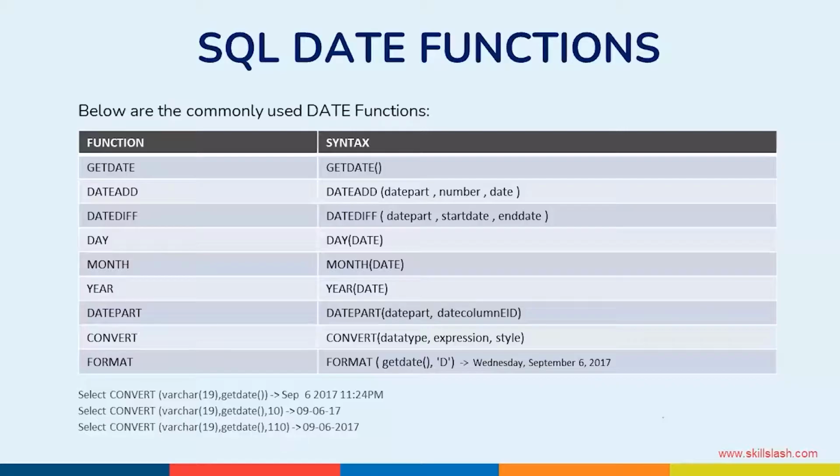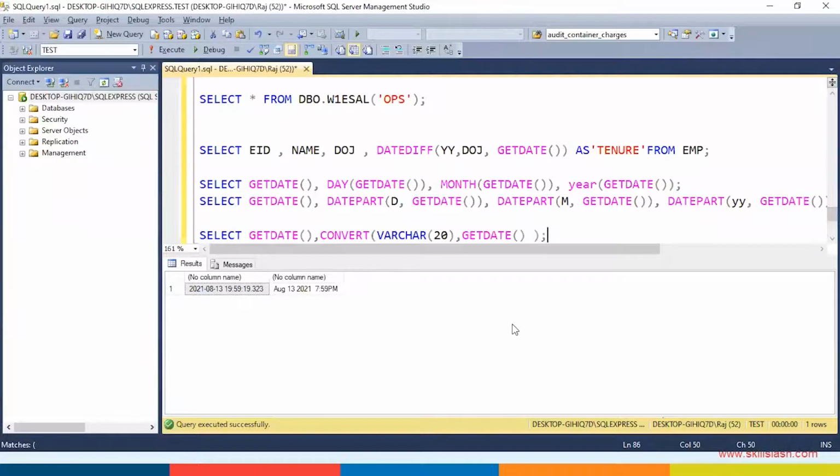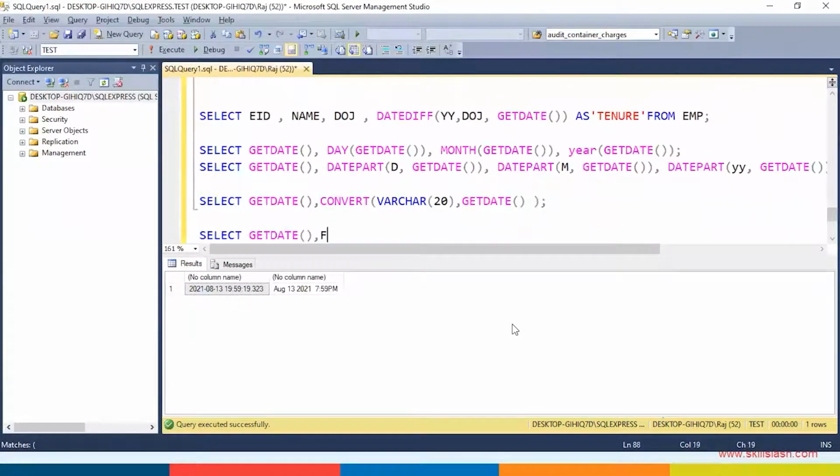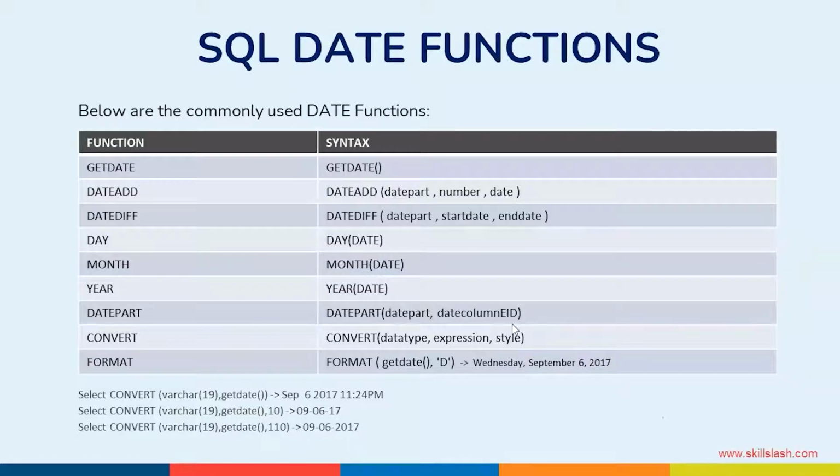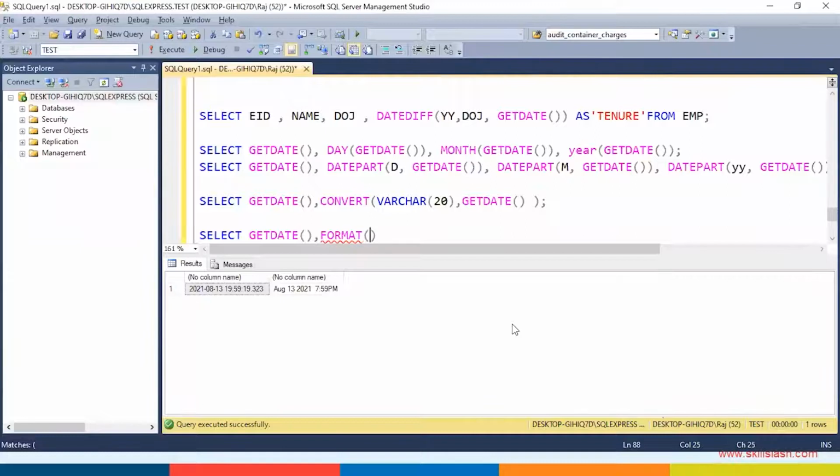Then we have FORMAT. I can also say select FORMAT, GETDATE, comma.